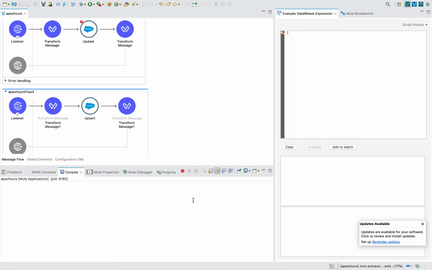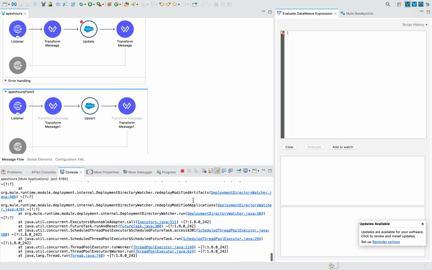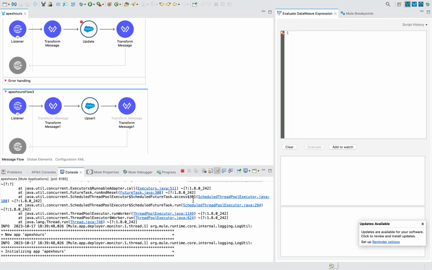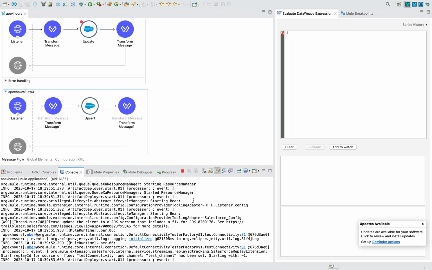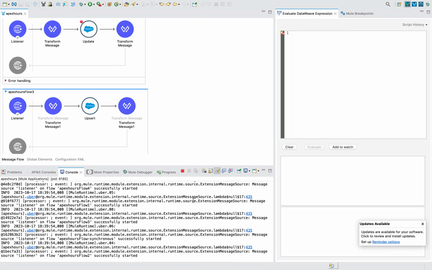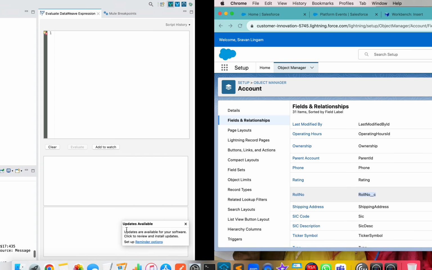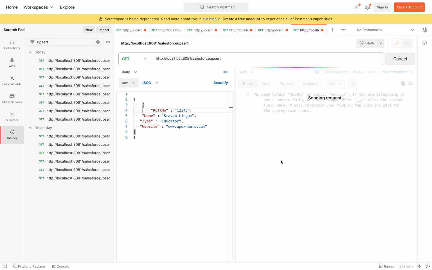You are learning too many things now in the integration, so again and again I am iterating that you have to practice so that you will understand more. So far we have covered create, update, upsert, query, and we have one more left, that is platform events. So we will see how to do that. It is very simple. So my application is deployed. Now if I run it,